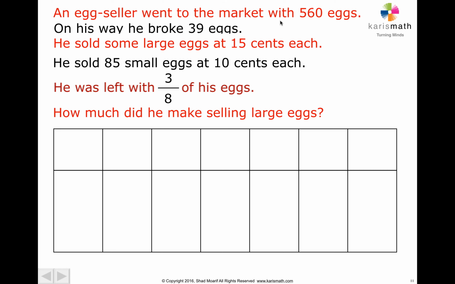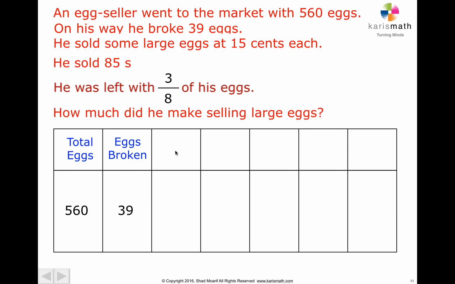An egg seller went to the market with 560 eggs. Okay, that means the total eggs is 560. And then on his way, he broke 39 eggs. He broke 39 eggs there. And then he sold some large eggs at 15 cents each. Okay, we don't need that. He sold 85 small eggs. Okay. So he sold small eggs, 85 of them. And then what else? He's left with